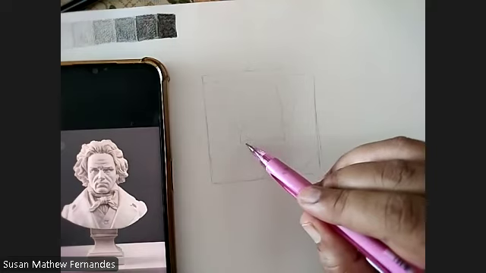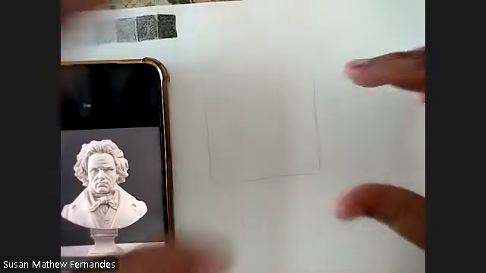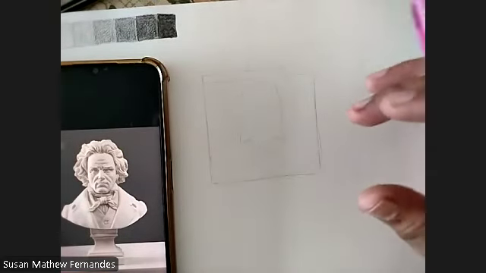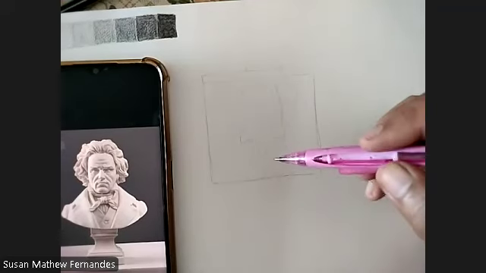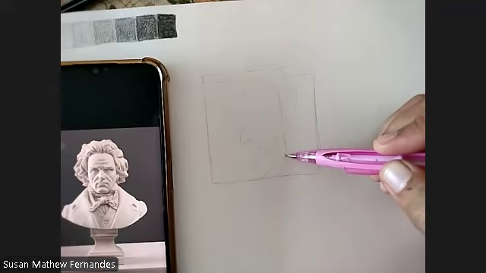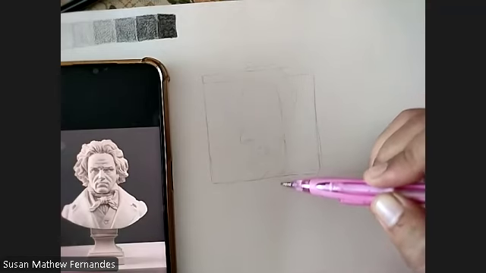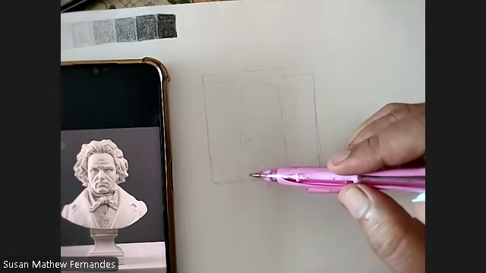Now you start to realize that we are going out of the square frame. That's because this square was just meant to hold his head to bust area. We have to add the remaining. And then we'll go over it with a kneadable eraser. So here he's got a button, and here